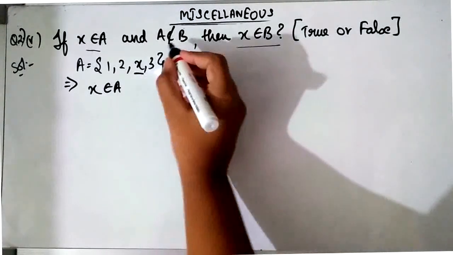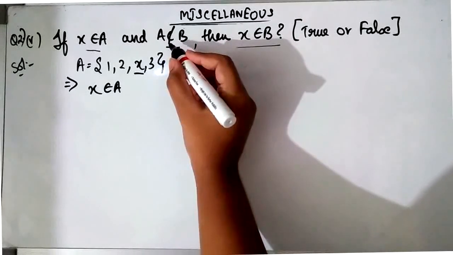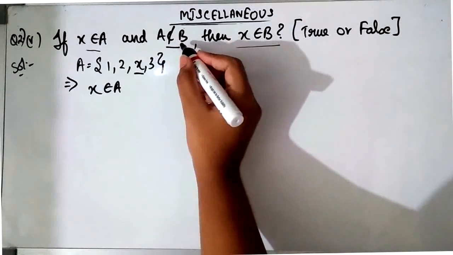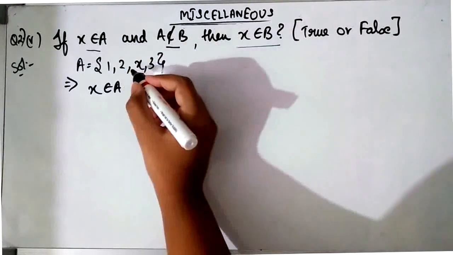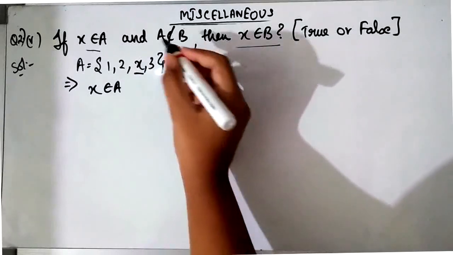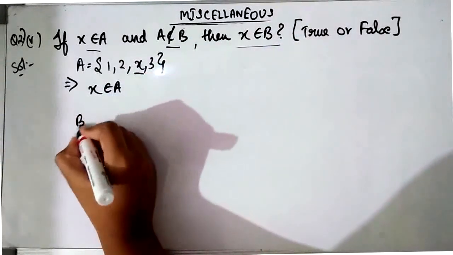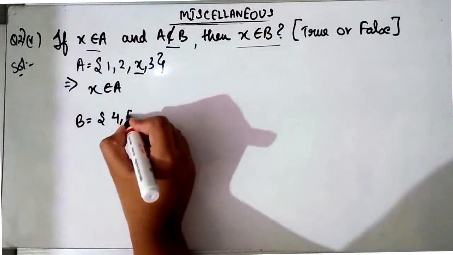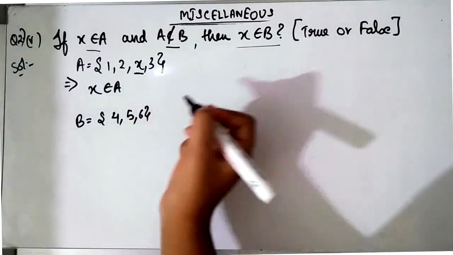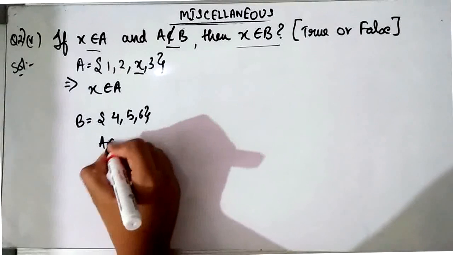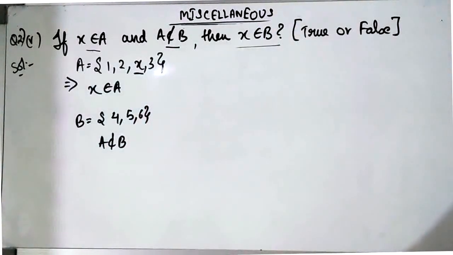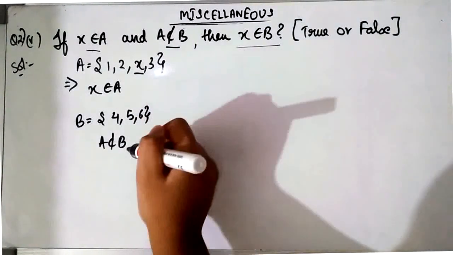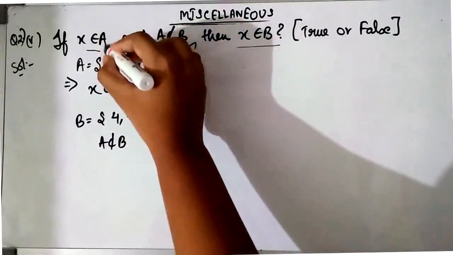Now the second condition which we need to fulfill is that A is not a subset of B. Now for this we need to take set B in such a way that it should not contain the elements of A. Only then you can say that A will not be a subset of B. So let us take B to be {4, 5, 6}. Now with this you can say that A is not a subset of B because you can see that the elements of A are not present in B, right? So with this you can say that A will not be a subset of B. So we fulfilled our condition 2 also.